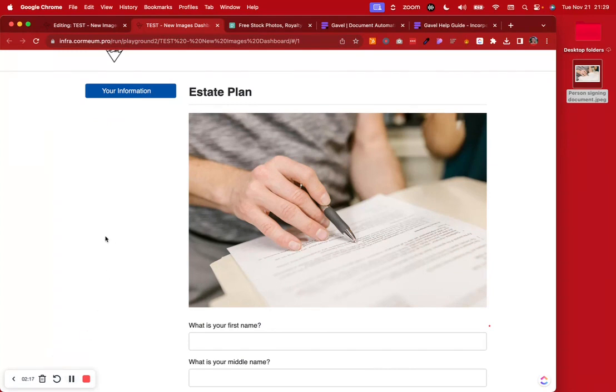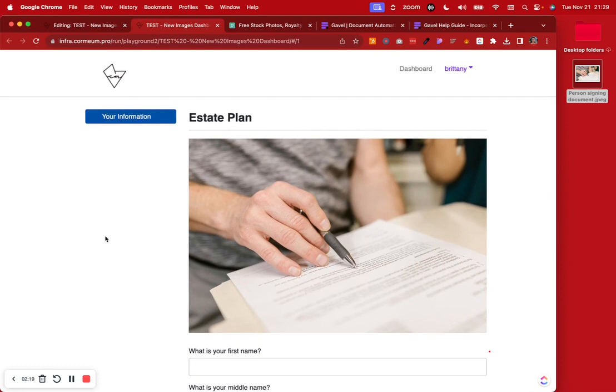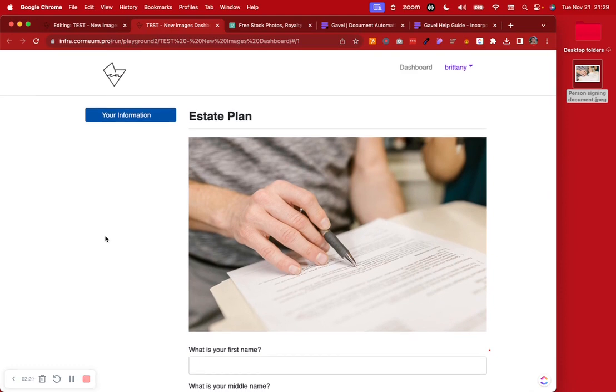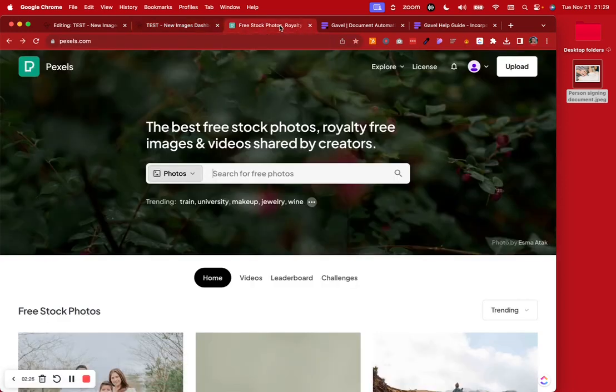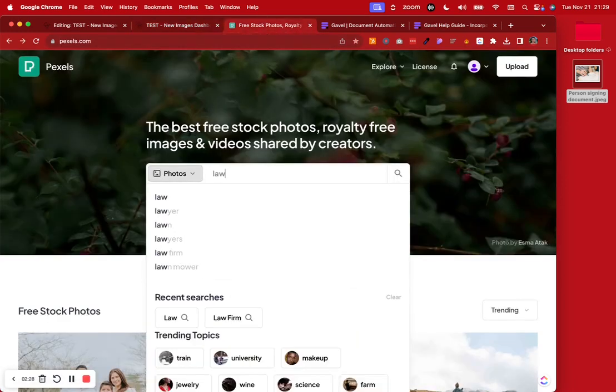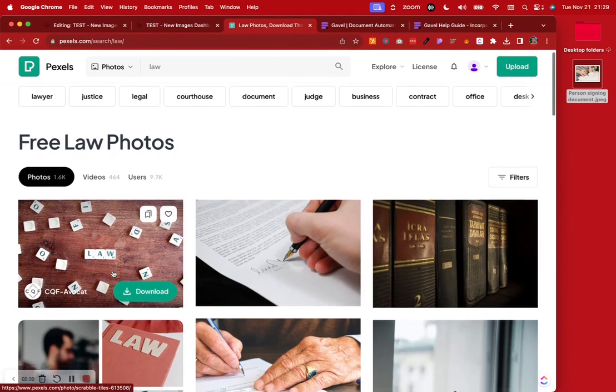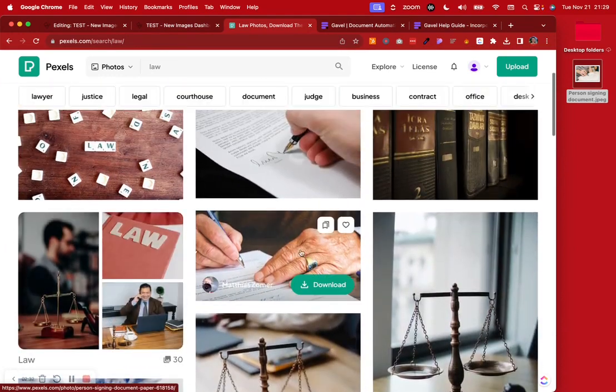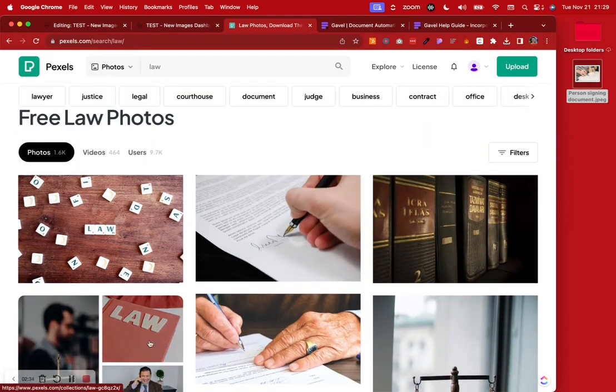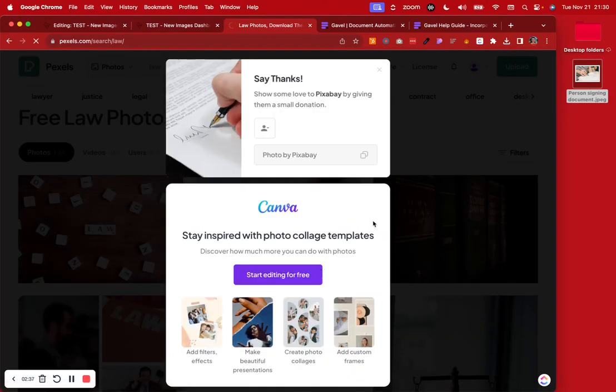Now, if we want to replace this image, let's say we tried this one, we didn't really like it, and we want to get a new one. What we can do is search for a new image. In my case, I love using Pexels. So I'm going to search for law, and then I'm just going to look for something that's similar, maybe this one or something else. Let's say I like this one, so I'm going to say download,